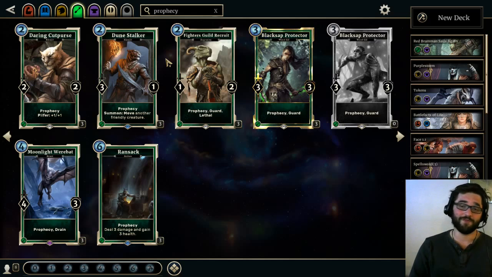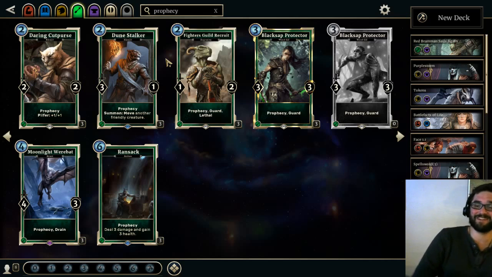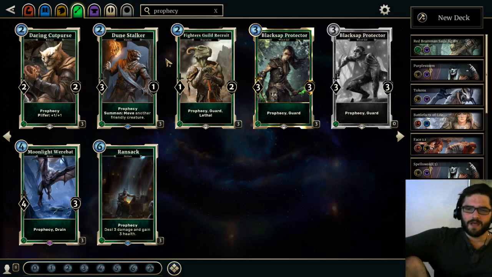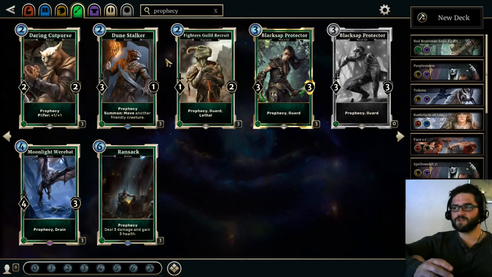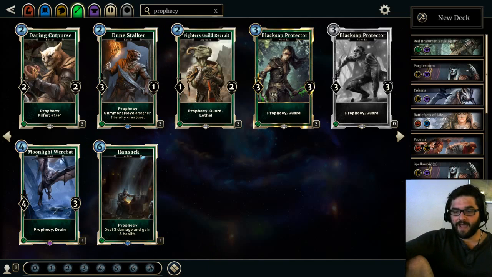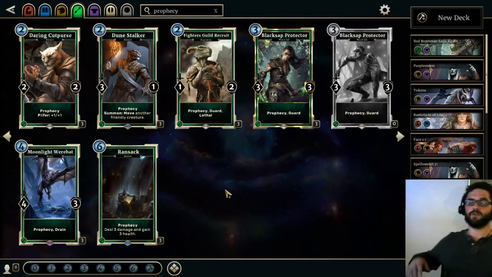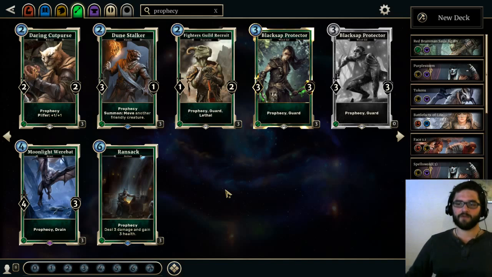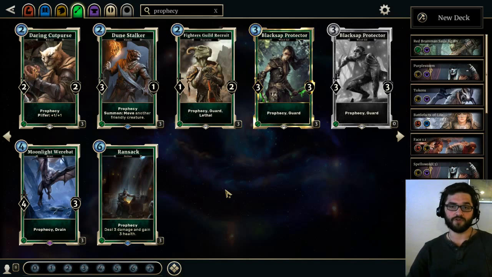Fighters Guild Recruit, we've all seen this card played a million times. It's in every deck that can play it. Because it's a great card, it's in every arena deck that can play it, because it's a common. Playing around Fighters Guild Recruit really depends on what your deck is trying to do, right? If you're playing an aggro deck, playing around cards like Fighters Guild Recruit involves employing the same strategy that playing around any other guard creature would,